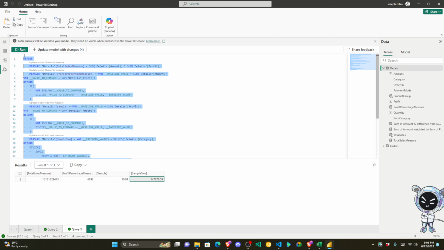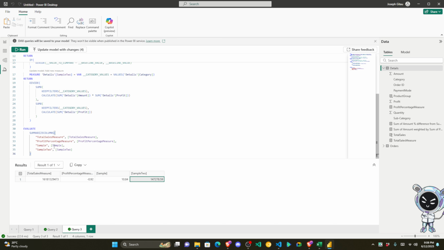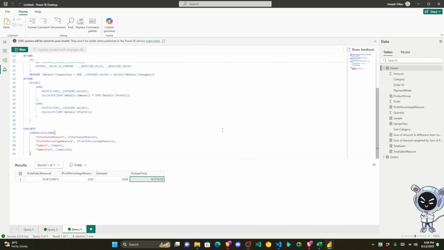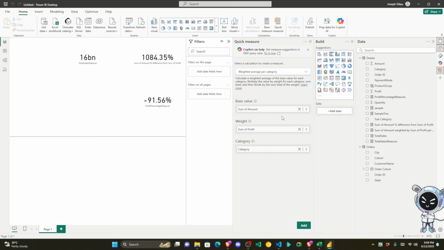What I've shown you. Once you've done the changes, for example, you've seen we've changed the names of two columns that we have over here. What you can do is click update model with your changes. Those are 4 changes that I've done. So I'll click that, and then I'll click update model. And if you go back to your report view, you'll get to see those 2 new columns that you've created